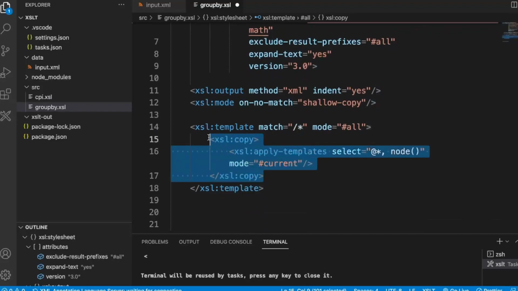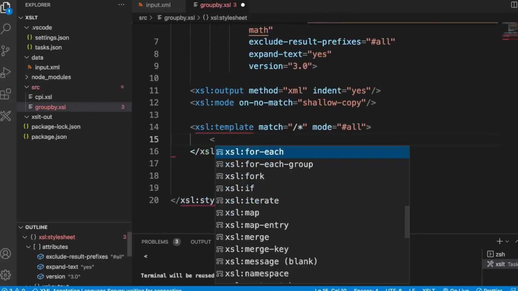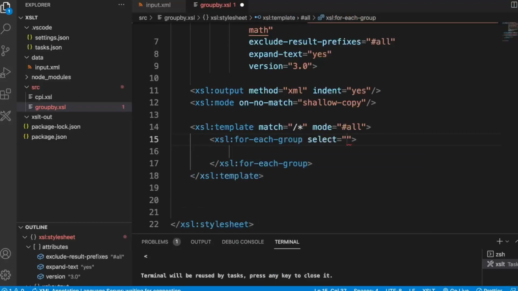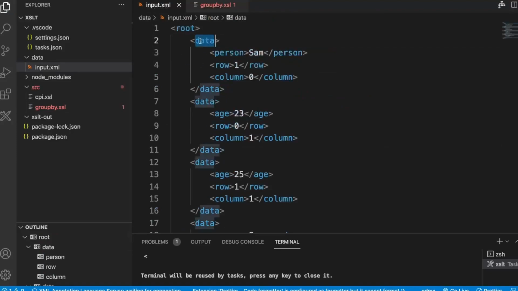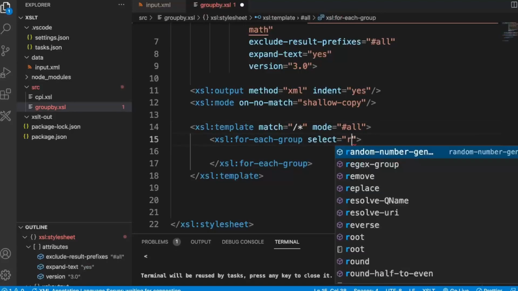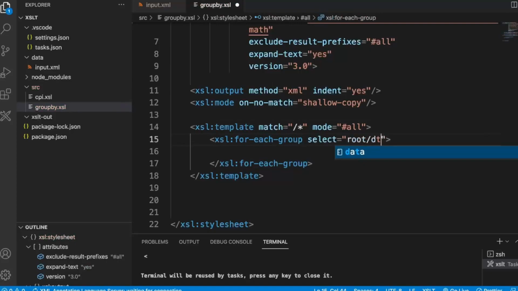So basically I am going to remove this one and then put some code. As it is basically a grouping function, we have a grouping function that is called xsl:for-each-group. There we have to specify what we have to select. So we are going to select this data, so we are going to do the operation on the data. So this will be root/data, and here we are going to match with the root node. So I'm going to remove this star,